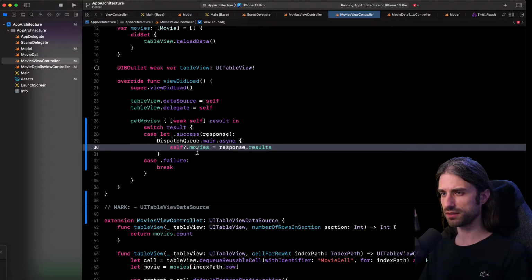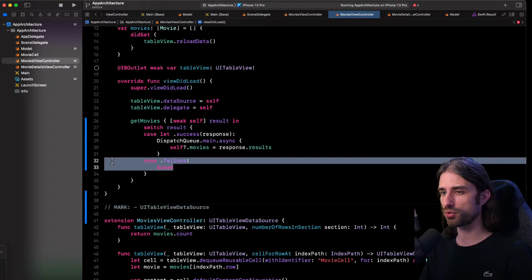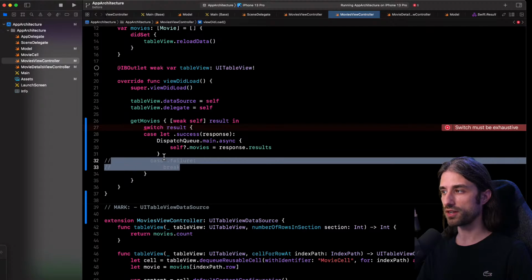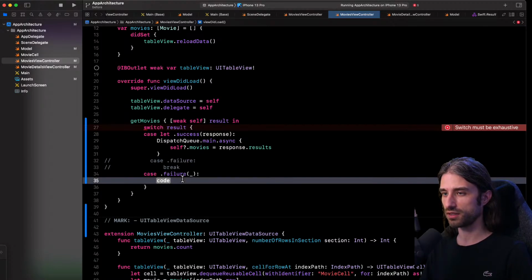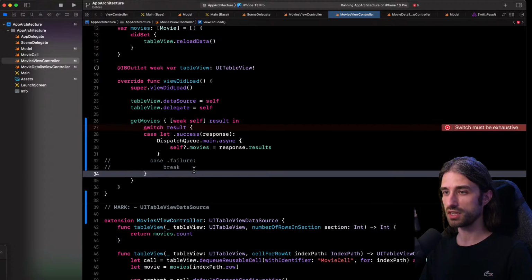So this is building. So before I move on, 2 remarks I want to make. First, what's interesting to see is that since we're switching over an enum, the compiler is going to force us to handle all the possible cases. Meaning that if I were only interested in the success and I didn't handle the failure case, I would get a compiler error that would say switch must be exhaustive. And so the compiler would tell me, okay, you need to deal with the failure case. So first thing is that the compiler is going to enforce this exhaustivity, which is good because it means that when our app builds successfully, we can be confident that we have indeed managed to deal with all possible cases, because if we haven't, the compiler is going to emit an error.